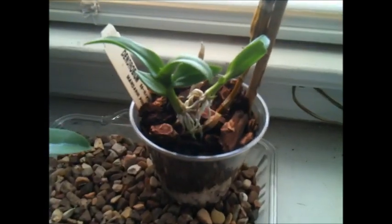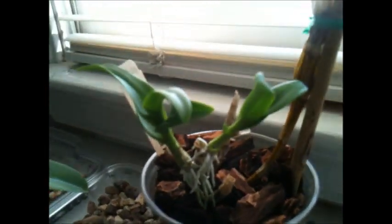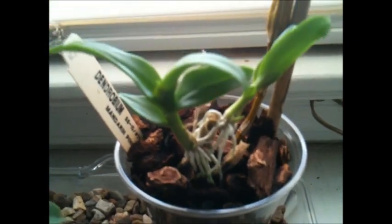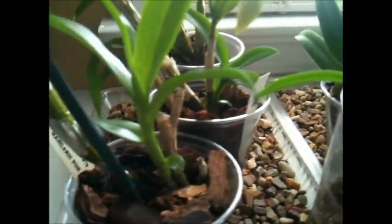I have this other one that is also, the original plant is actually dying or dead already, but on top of one of the old canes there's two growing, and both of them are growing little babies too. I'm not sure when I'm going to transplant them to their own little pot, because last time I did that the plant died. I don't know why. I don't know if it's because I didn't use the right media, because the bark was too big for that plant. I don't know, but